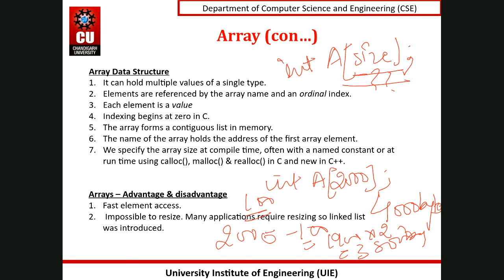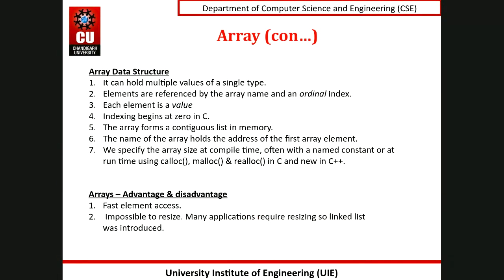Okay, yes. So that is why you should not always oversize your array. The optimal value of the size should be there. So prior knowledge of the size should be there. If you do not know the actual size, keep the optimal size, not too less and not too large. And what type of memory allocation is done by array? It follows the concept of static memory allocation.